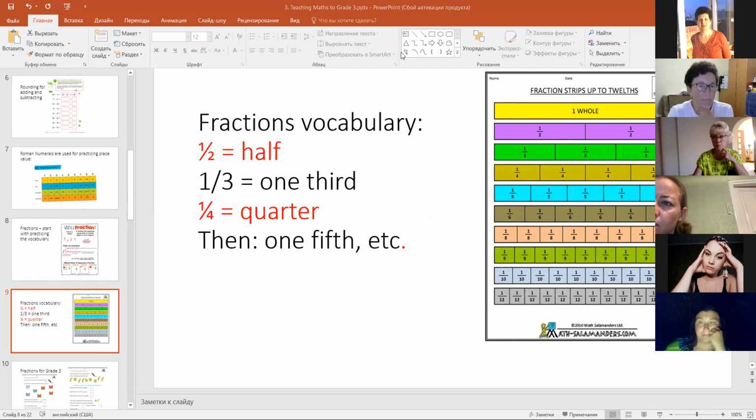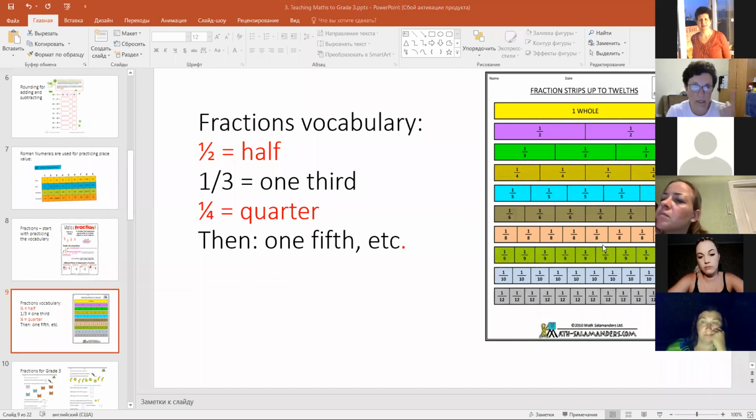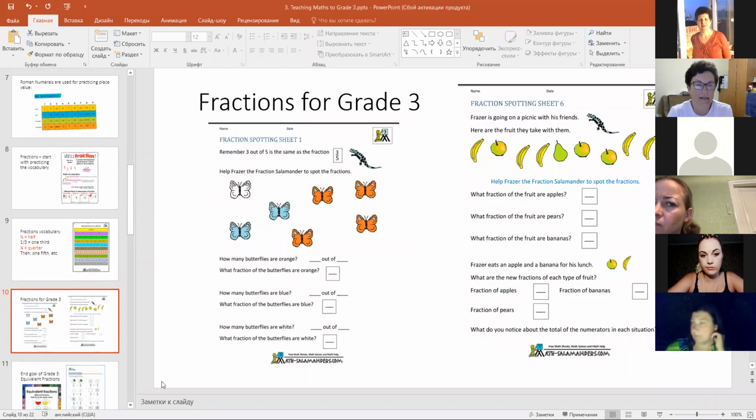And here I tried to put some important vocabulary. It's half, 1/3, quarter, and then it will be already 1/5, 1/6, 1/8. That is, remember, where we need ordinal numbers. And that is where we can practice them. So in the book, you will find these wonderful tasks for fractions. They are from Salamander Math, and I find them adorable because